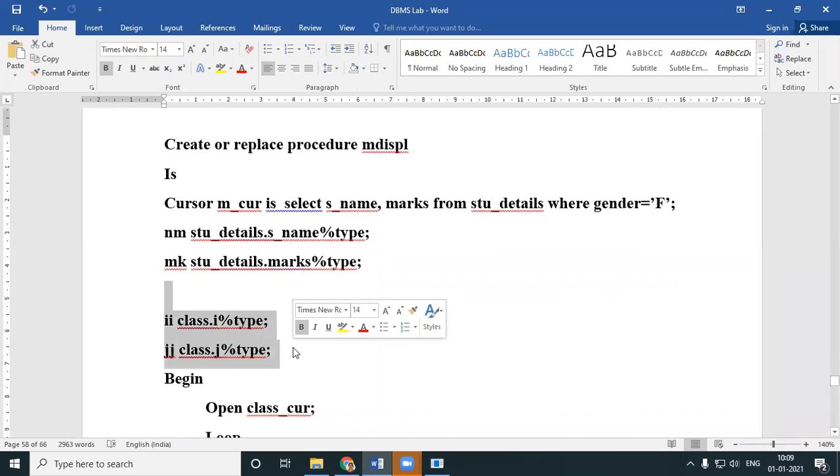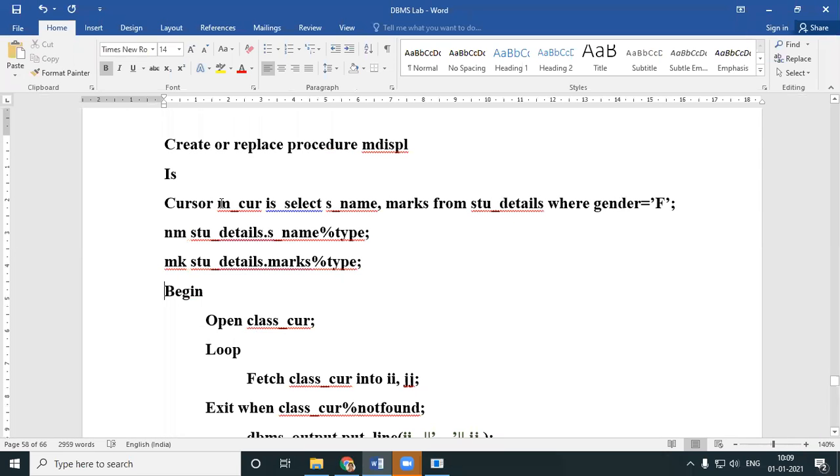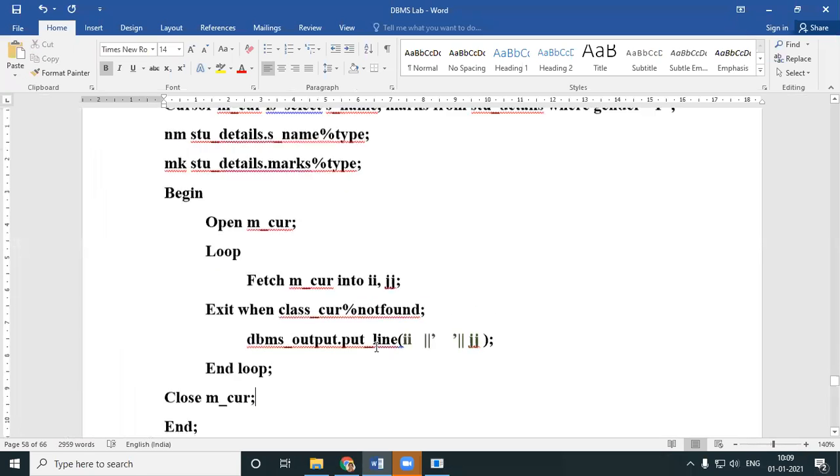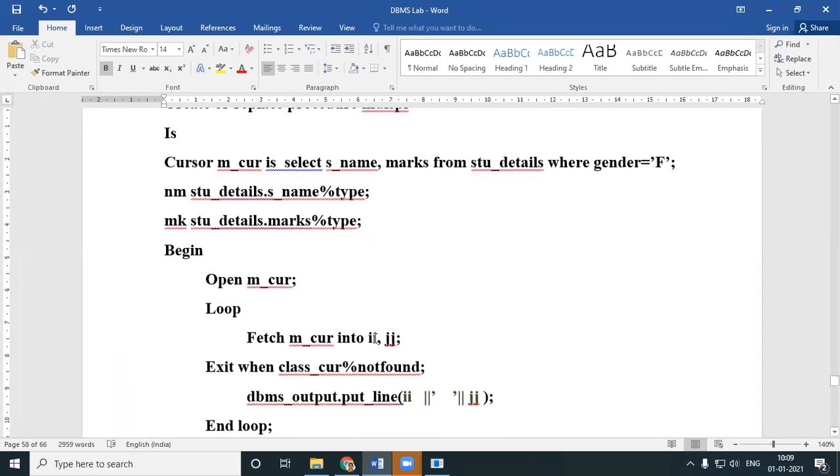You don't need these variables. You're beginning it. It is not mark class cursor, it is the mark cursor. So open the mark cursor, fetch the mark cursor, and then close the mark cursor. Fetch the mark cursor into your variables nm, mk.